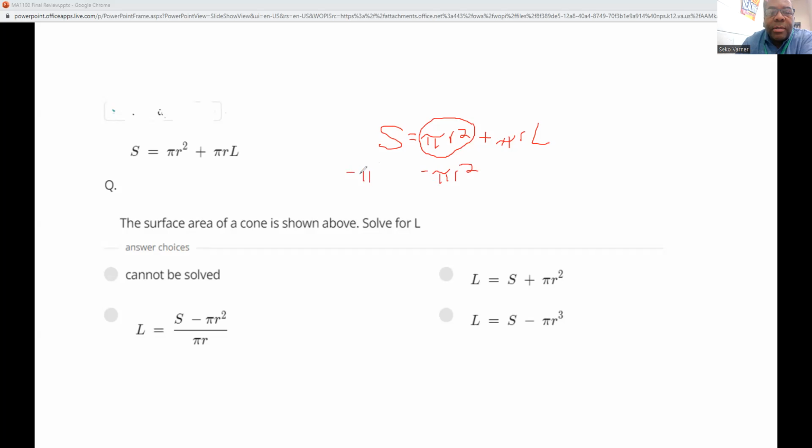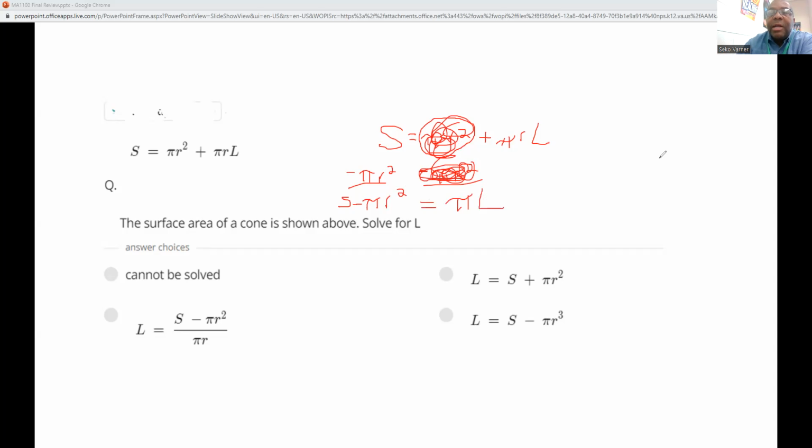It's hard drawing this. All right, so this minus this, it'll give me what? S minus pi r square equals, remember this cancels out because that's pi r square minus pi r square. I just got rid of the whole thing. Leaves me with pi